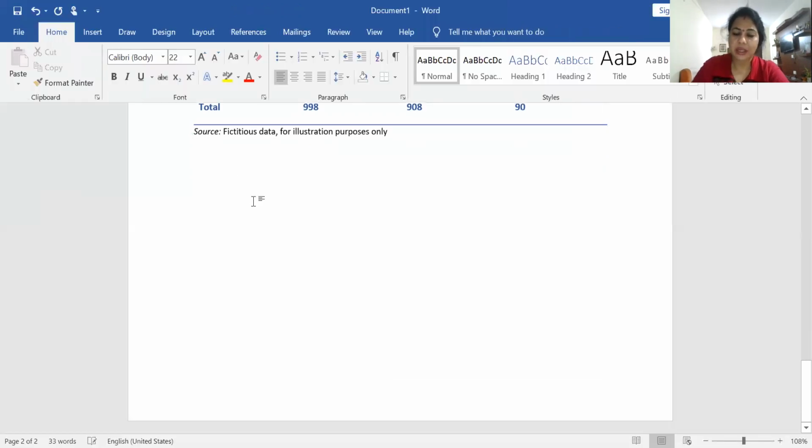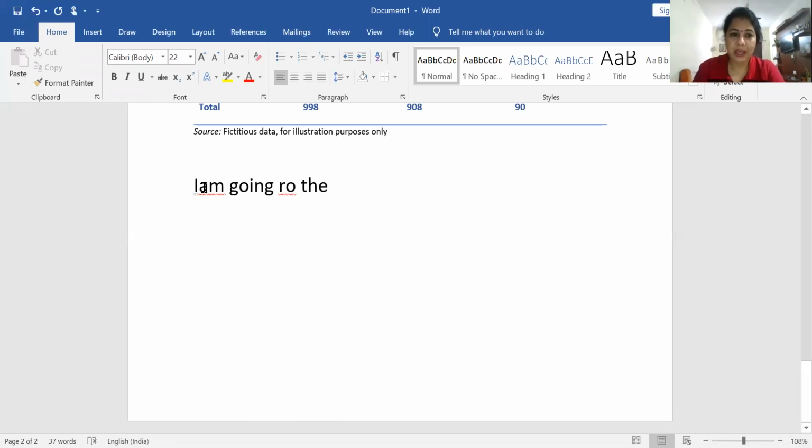So next, suppose your data is already present. Okay. You typed it not in a tabular form, and you want to convert it into a table. That is also possible, but for that your data should be in a proper order. Okay. If I am writing a sentence and I want to convert it into a table, I cannot get a clear table, the correct table format I will not get. Okay. Suppose, I am going to the school.